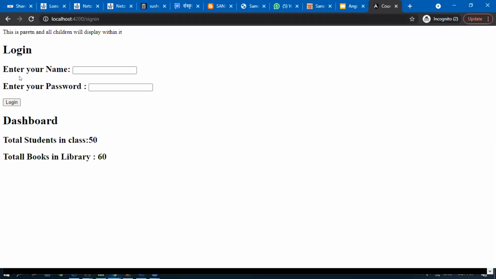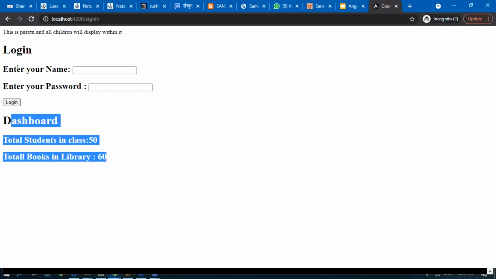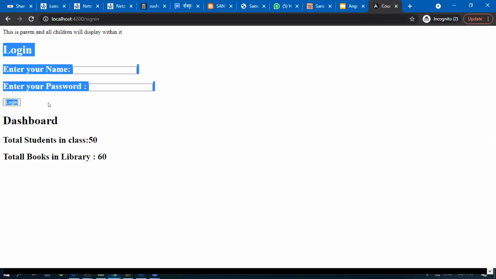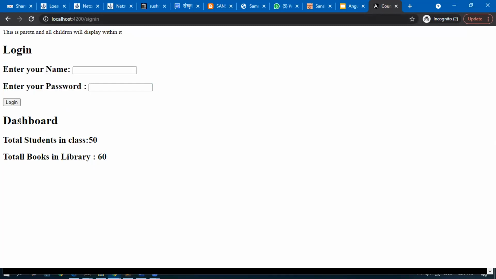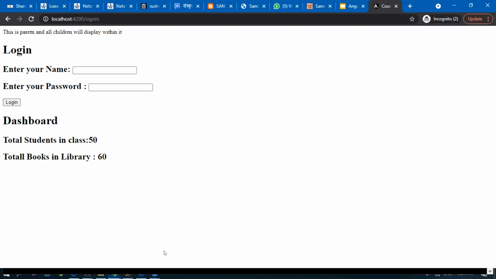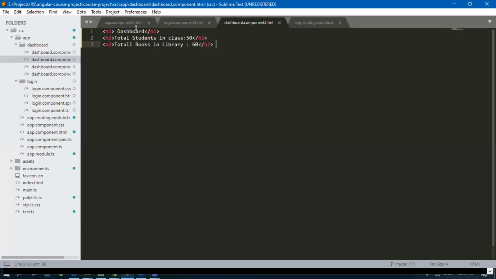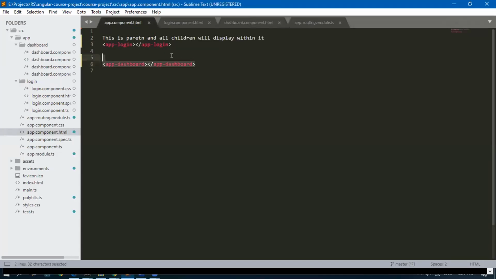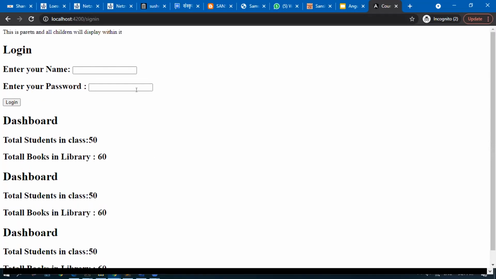Now see, why should the dashboard come on the login page? It is a login page, right? When will the dashboard come? After I log in. After hitting the login, we are going to get the dashboard. So I should not give both of these components like this. If given like this, the same components will keep coming one after another. Even without login, I will be seeing this.